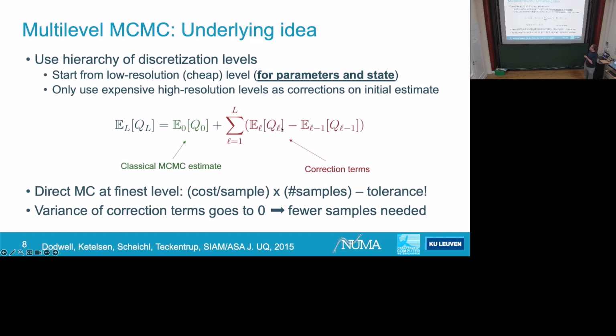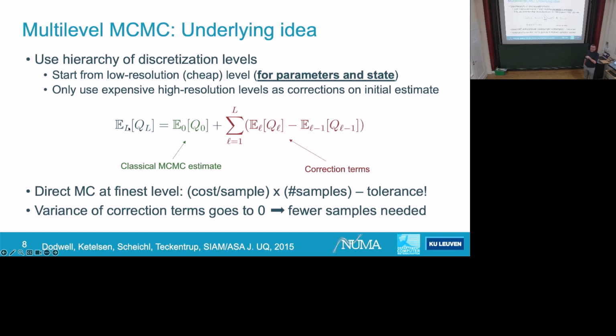So if you can make sure that these are correlated, and typically how you correlate them is because you take the same random sample of your random variable on which you evaluate, but you discretize it on two different meshes, you will get similar noise on both levels. If you subtract, most of that noise will disappear, and that's how you can estimate these difference estimators with fewer samples than you would need for the direct estimation at this finest level.